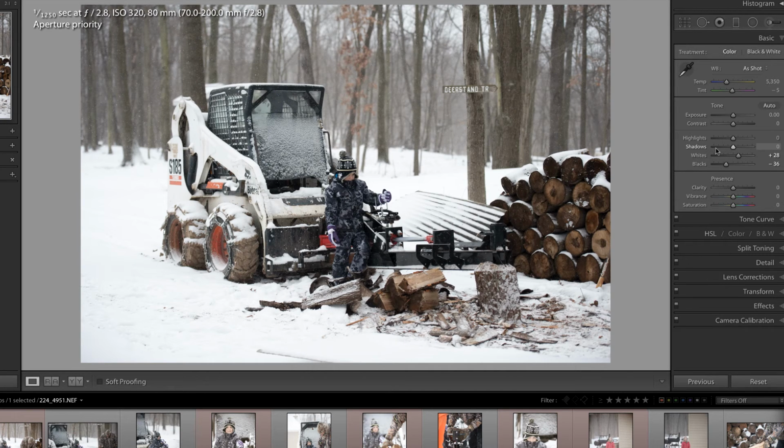But I feel like there are some dark areas in the shadows that I'd like to bring up, so I'm simply going to increase the shadows in order to bring those out. Occasionally when I'm pulling up on the shadows, I notice that it does lose some contrast. I can increase that contrast by pulling down on the blacks rather than using the contrast slider,